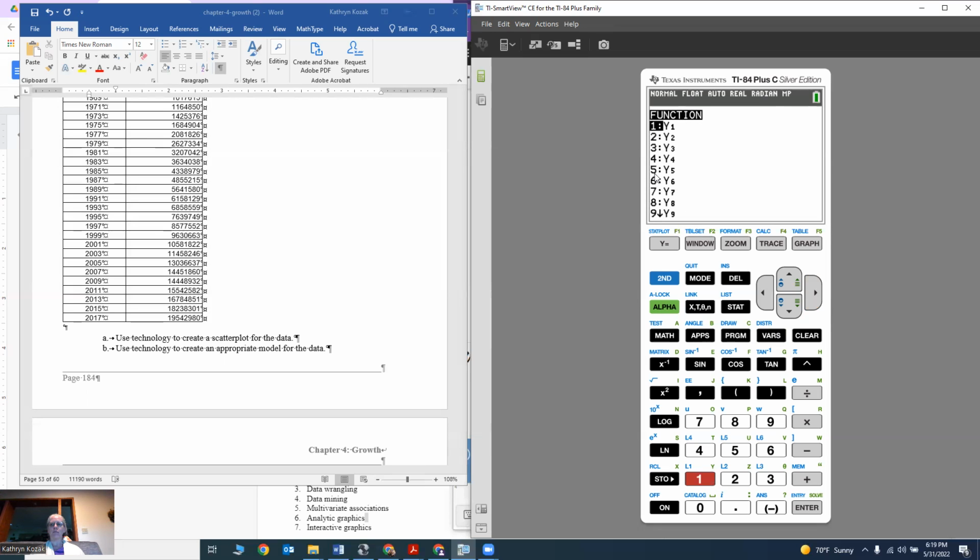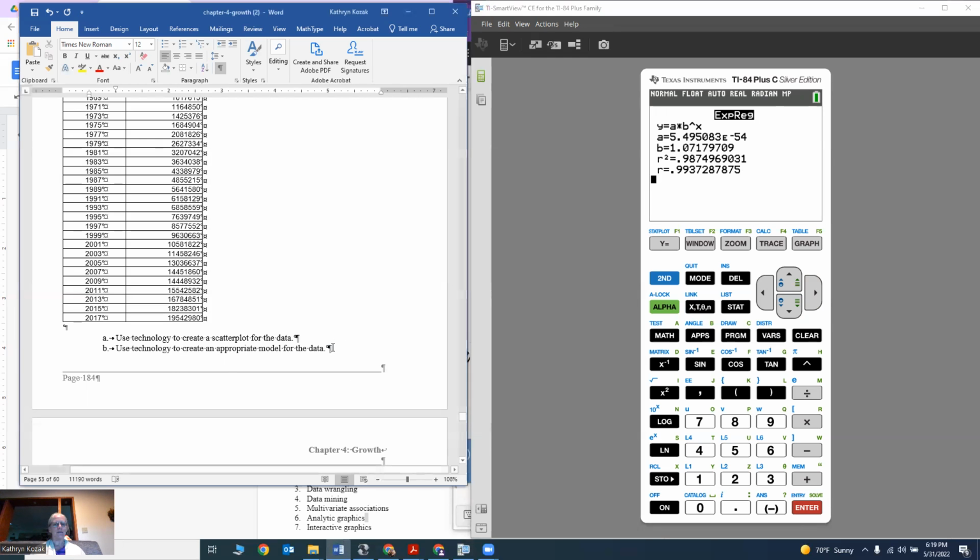I have all these different ones I can put it into. You can do any one you want. You might as well just do the first one. And that means once it calculates it, it'll store it there. And so now we go down to calculate, hit enter, and it calculates that value for me. I can now see that my equation